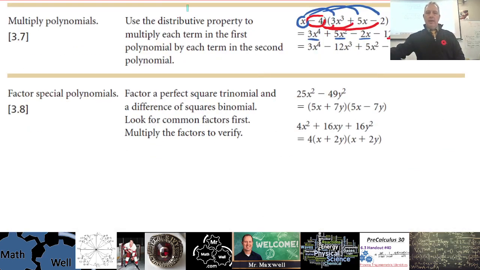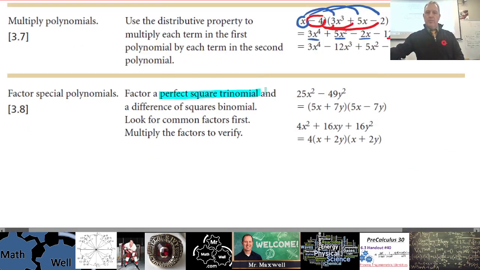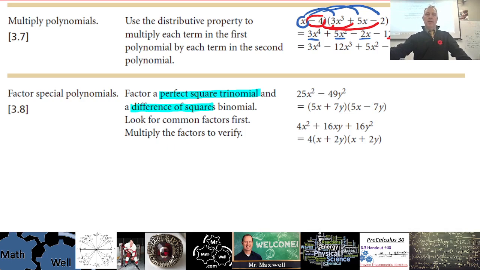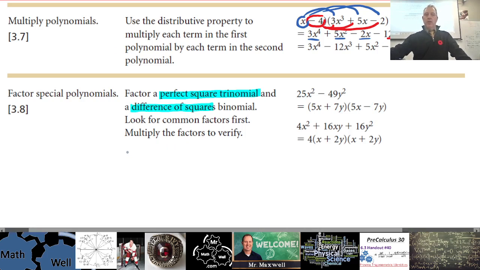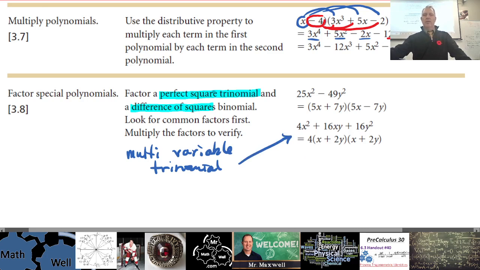They are perfect square trinomials and difference of squares. Also, I don't think it's mentioned here, but multivariable trinomials. So that's the other one we did, multivariable trinomials. And quickly I'll show you, oh, that's this one right here. This one right here. Okay? All right, and inside this, I guess, yeah, this is a little bit of the perfect square trinomial and